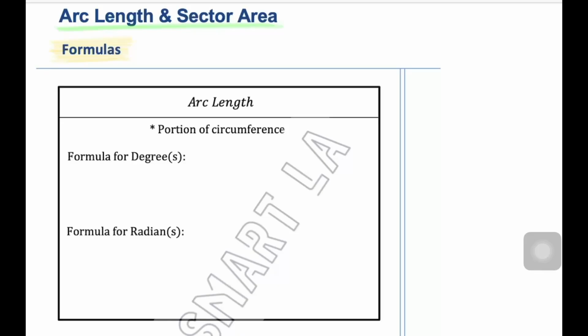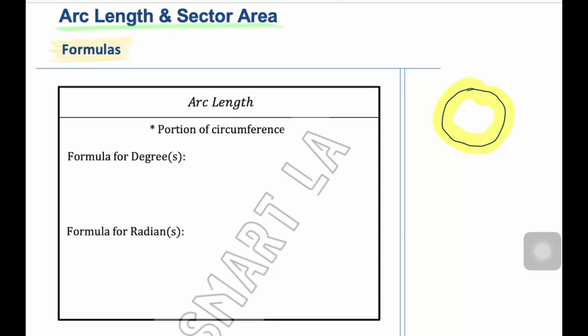Alright, so let's talk about arc length as well as the formulas for it. So over here, what is arc length? Arc length is a portion of your circumference. Let me just draw a circle to illustrate. Let's say you have a circle. We know what the circumference is, right? The circumference is actually this